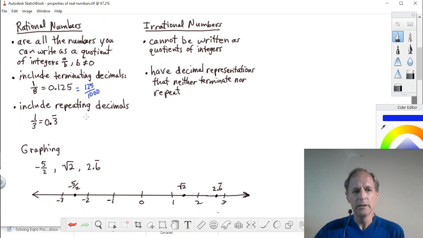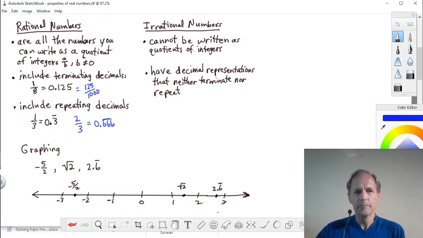Another example, if you ever see 0.66, this time I'll go ahead and write some of the 6's. You don't have to. We could just write a single 6. But 6 repeating, that is equal to 2/3. Okay, so anytime it's a repeating decimal, you know it's going to be able to be written as a fraction. That's just the way it works out.